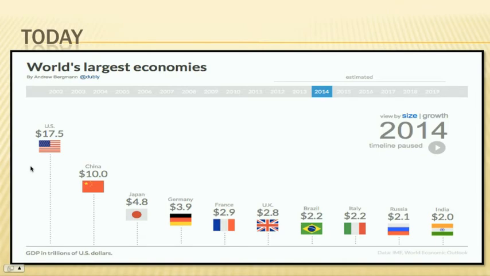If you look today, this is from 2014. The U.S. has the world's largest economy, China being second on the list, Japan being third. Like I said, China has kind of skyrocketed. And a lot of people think China will surpass the U.S. someday. Does that really matter? No, not necessarily, but they have the most workers, they have the most people, so they should definitely have one of the highest economies in the world. But here you can see Japan sitting number 3. So their economy is still pretty big, and it owes everything to U.S. occupation.